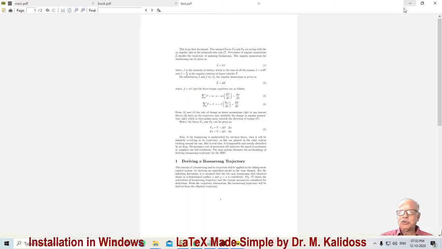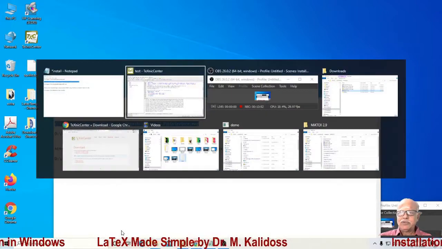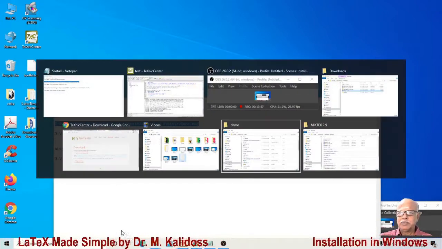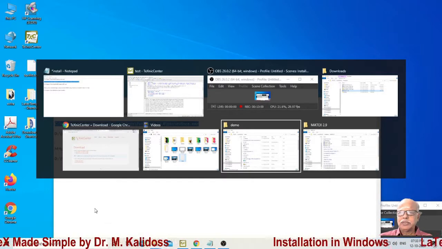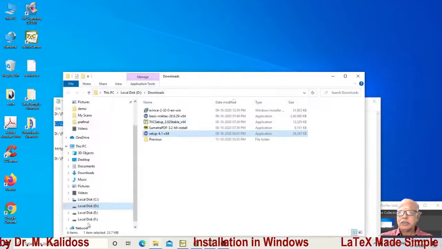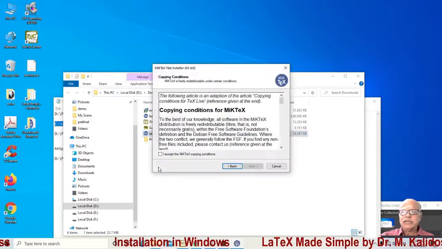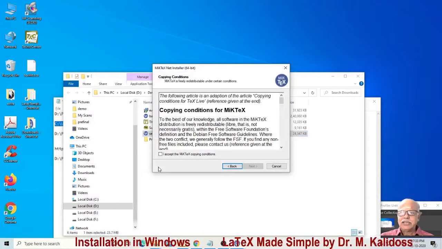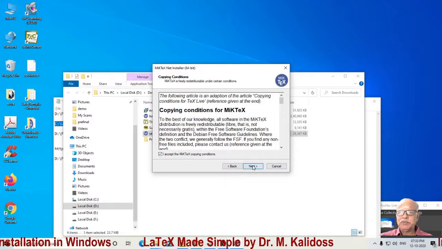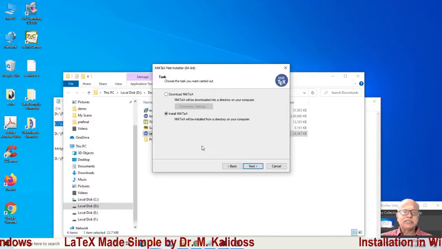Now, I will switch over to Net Installer. Net Installer, after you accept the copy conditions, will present you with two options. You can download or install.